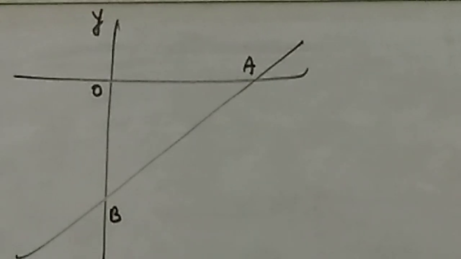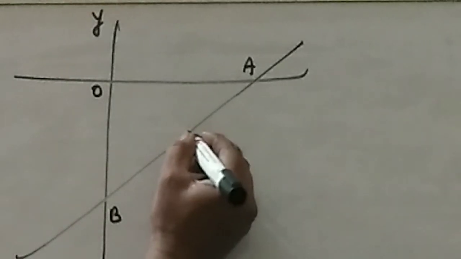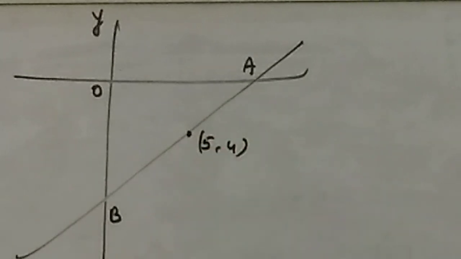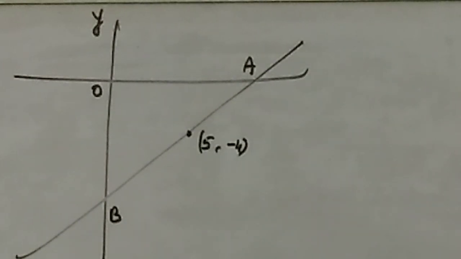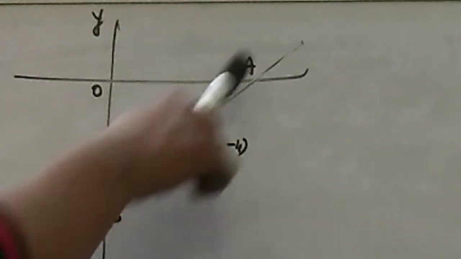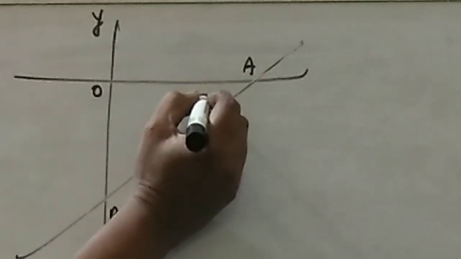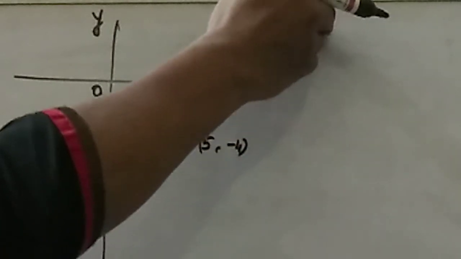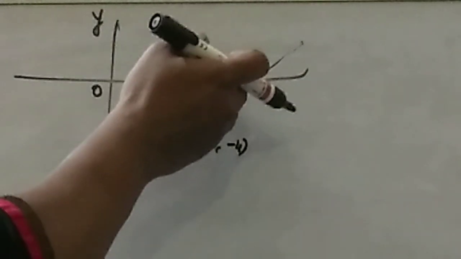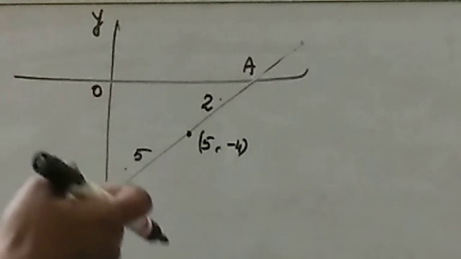Thirteenth question of the exercise. Given P is (5, -4). So AB ratio, it is starting from A to B, so the ratio you will write is 2 ratio 5. Don't write 5 and 2. The line is starting from moving this way, AB, so ratio 2 and then 5.